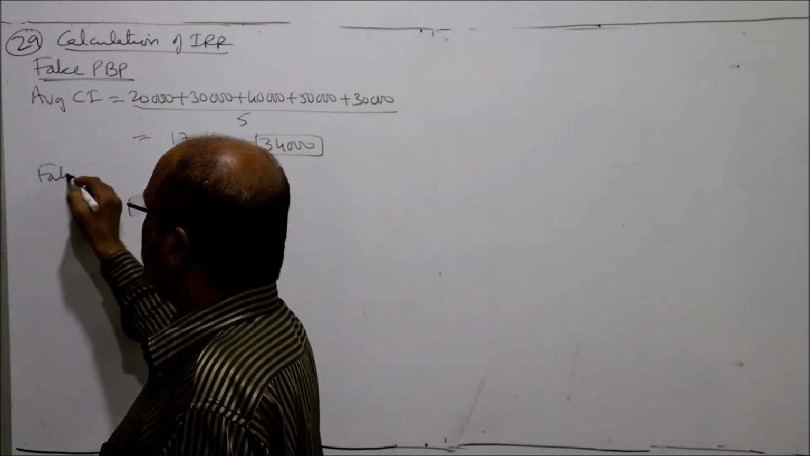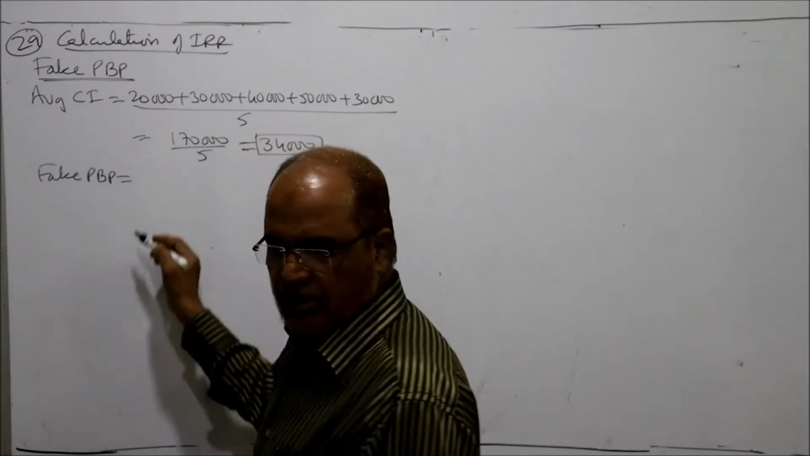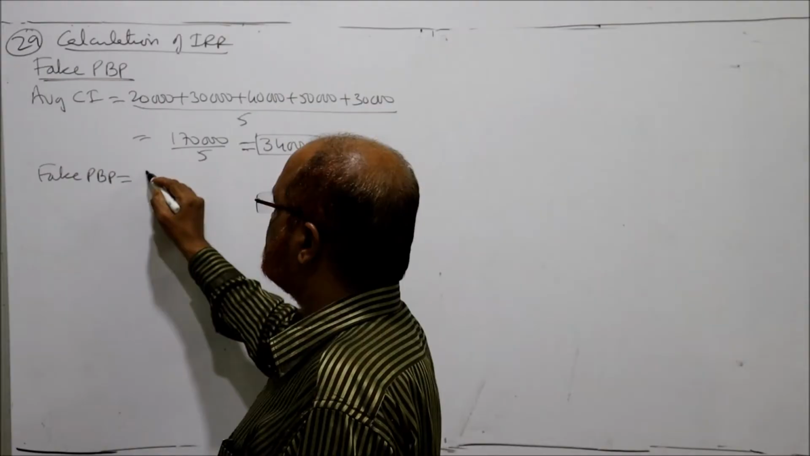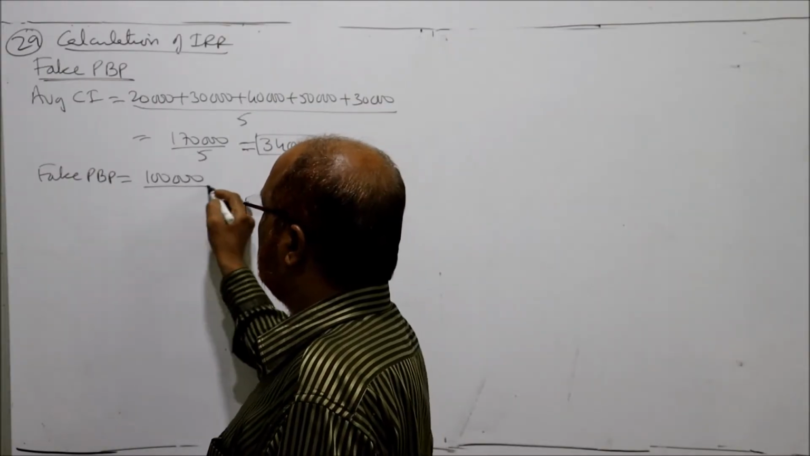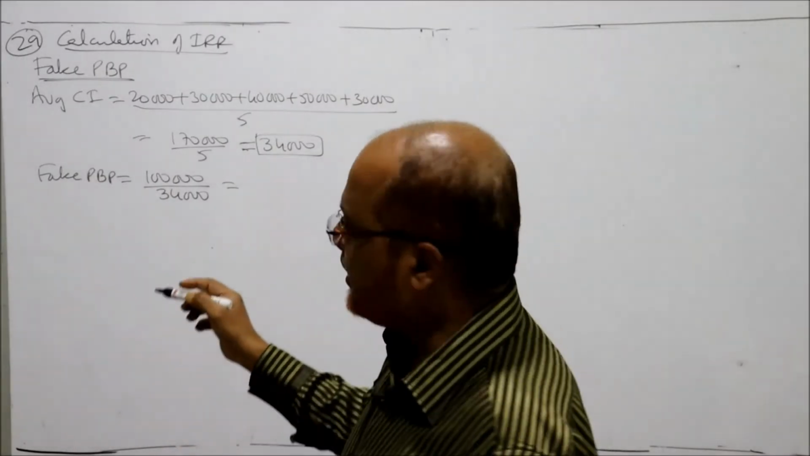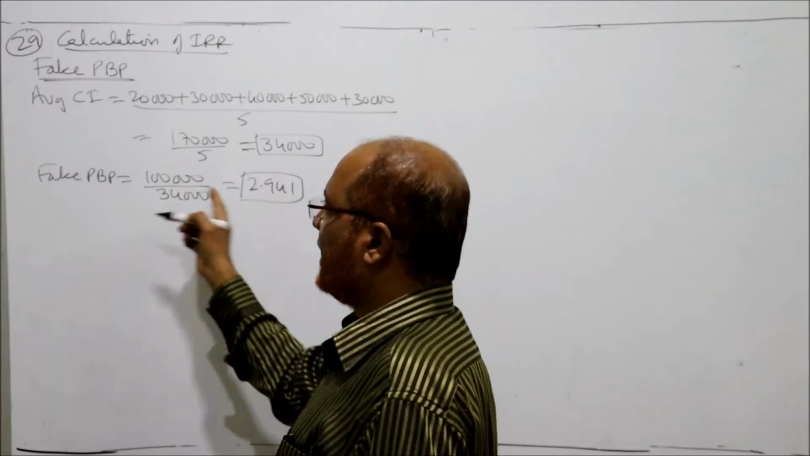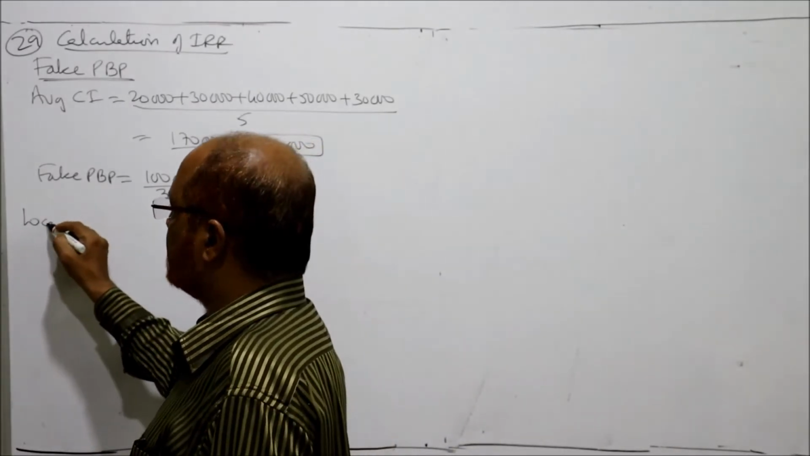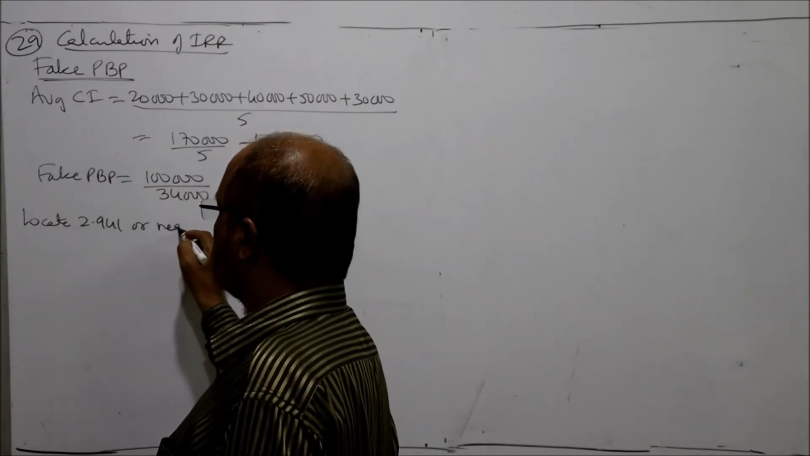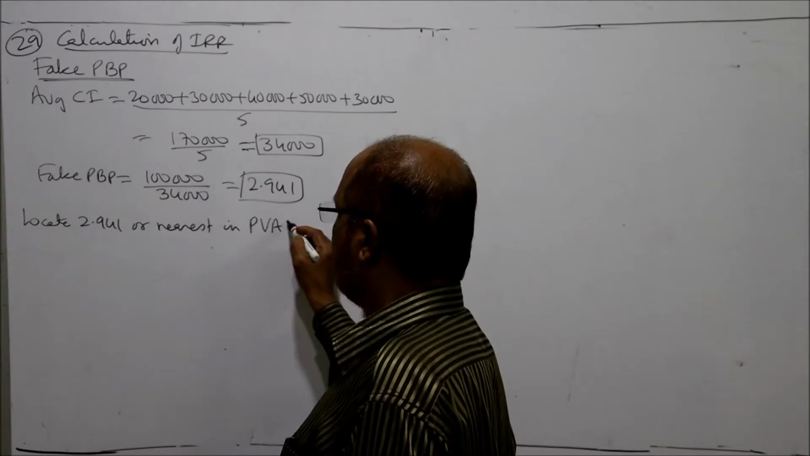Now fake PVP. Fake PVP is equal to initial investment, how much? 1 lakh. Initial investment is 1 lakh divided by 34,000. So you are getting 2.941. 2.941 is the fake PVP. Locate 2.941 or nearest in the PV of annuity table